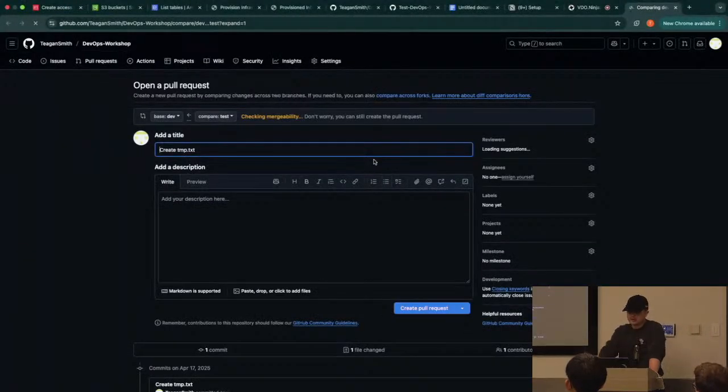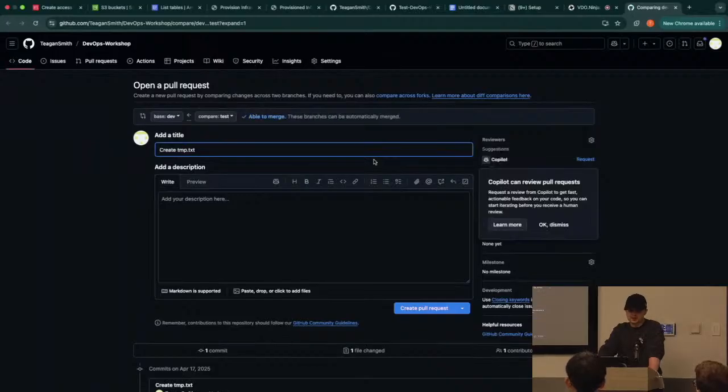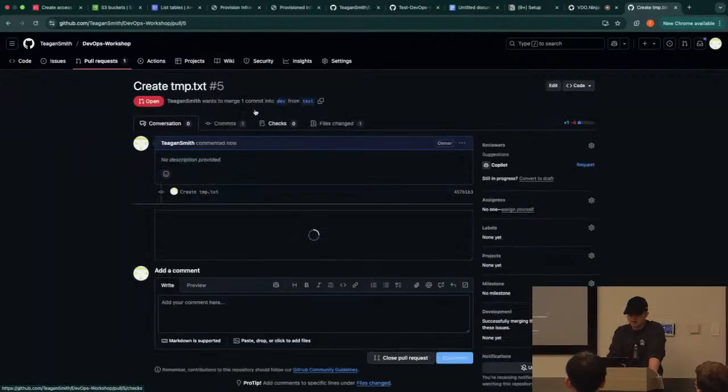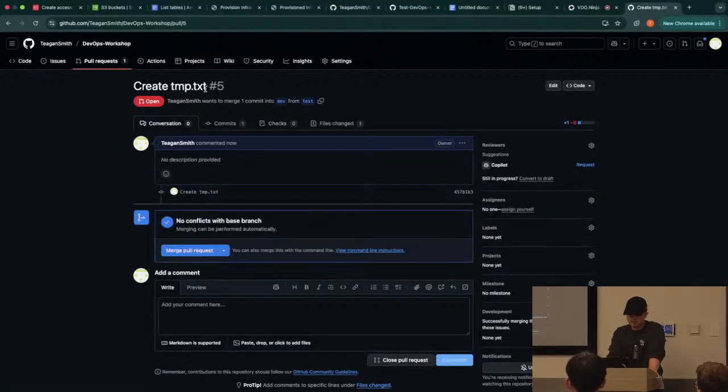This is a very common process. Normally it's going to be a much bigger file depending on what you're updating within your repo. Create that. And you can see we're able to merge. There's nothing really wrong with our actual push.